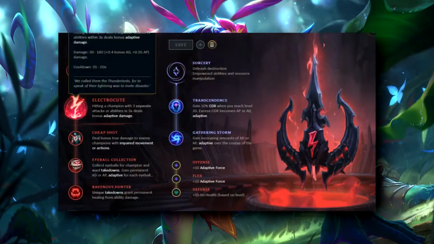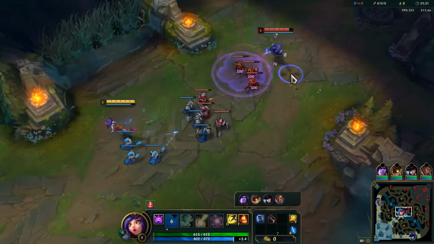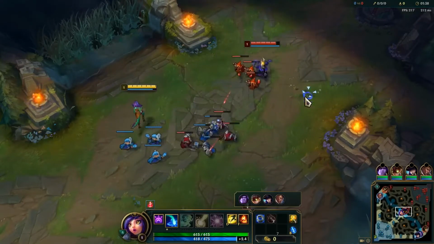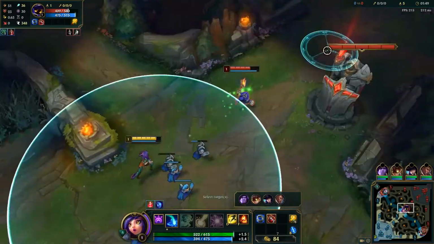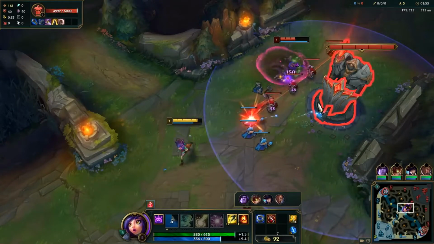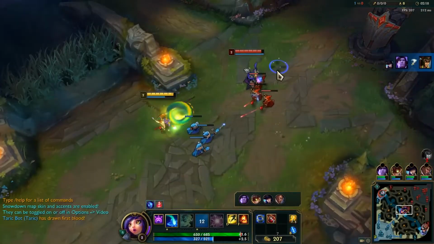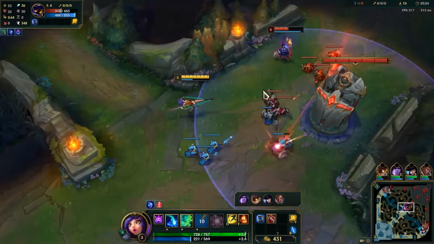So the major rune is Electrocute, and we want to go with hitting two abilities, which is your Q and your E, and you want to follow with an auto. Now, Neeko has a third auto, which does extra damage, kind of like a Lichbane proc. So we want to play around that extra auto, which is going to pretty much burst, especially with Electrocute. It's going to do a lot of burst damage, and that's the build we're going for,